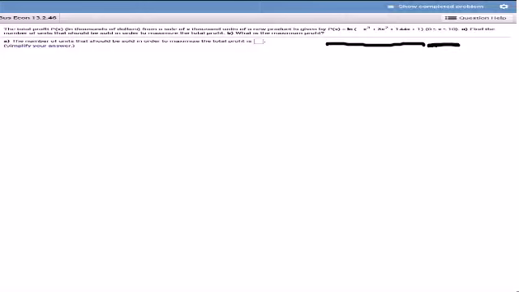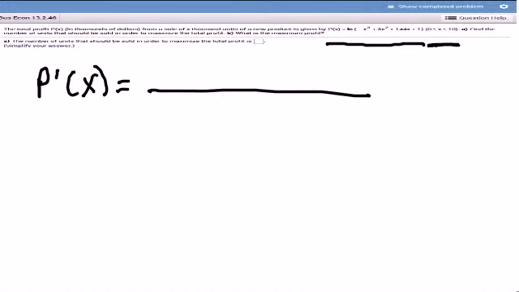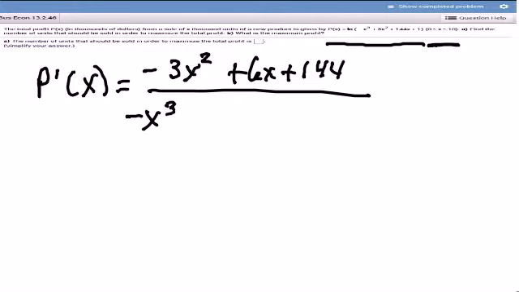So of course, if we're looking to maximize or minimize, we're going to have to find the derivative. I'm looking at the derivative of this ln function. It's a natural log of a function, so you would take the derivative of the top divided by the function itself: g prime of x over g of x, if you remember your rules for the derivative of an ln. So the derivative of the top is negative 3x squared plus 6x plus 144, divided by the function, which is negative x cubed plus 3x squared plus